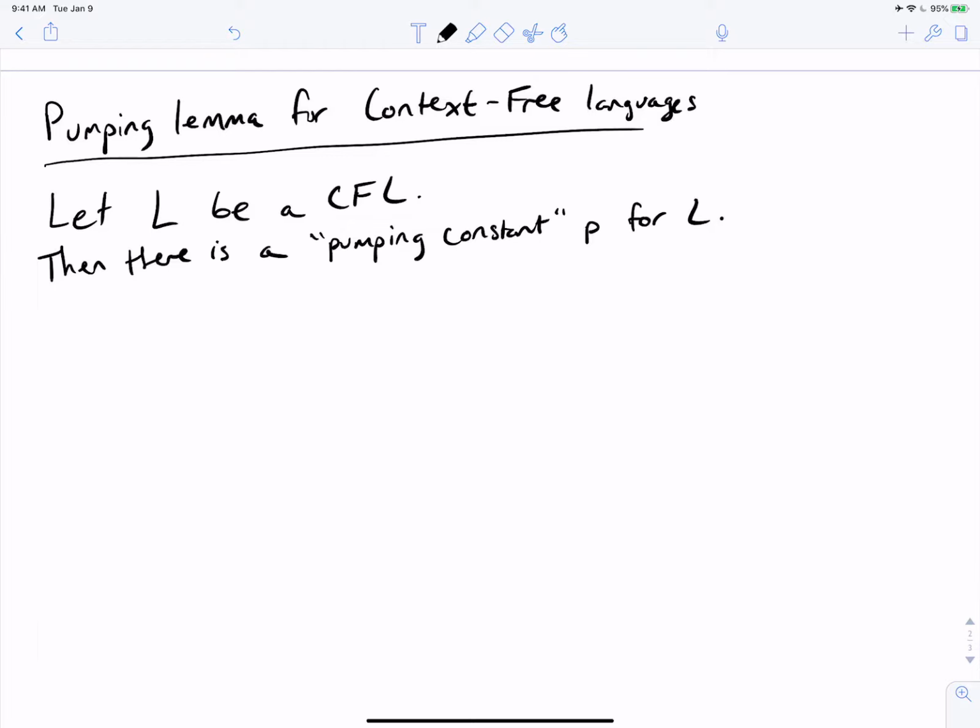Then, for all strings in the language of length, what? At least P, which is exactly the same statement as for the regular language one. So then for all W in L with the length of W at least P,